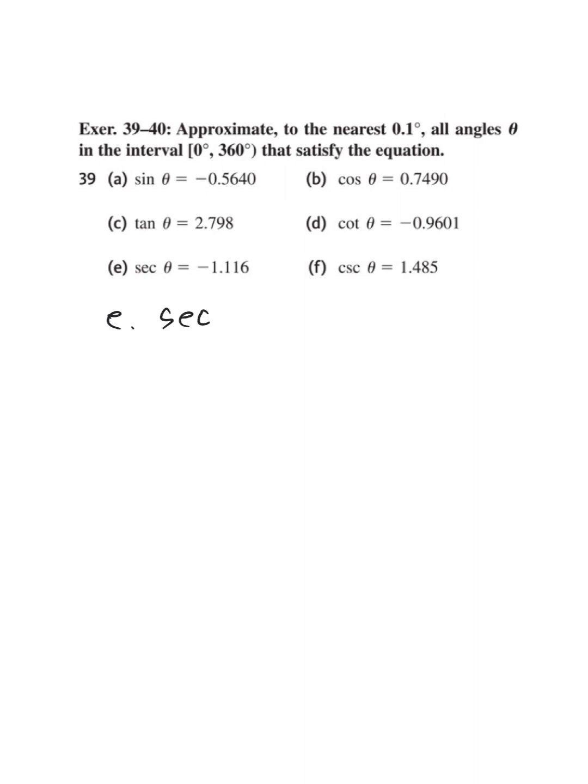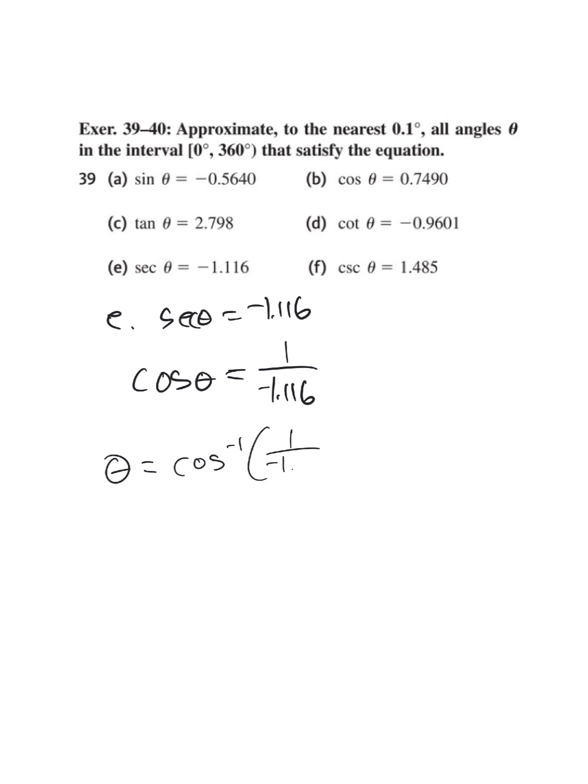E is a secant again. Secant of theta is negative 1.116. So secant goes with cosine. So if we just say cosine instead of 1 over cosine, then that means we got to take the reciprocal of the other side. Okay, that's how you know what you're doing. So theta is going to be the arc cosine of whatever we get for that value. So 1 divided by negative 1.116, and that's negative 0.8960. Take the arc cosine of that, and you get